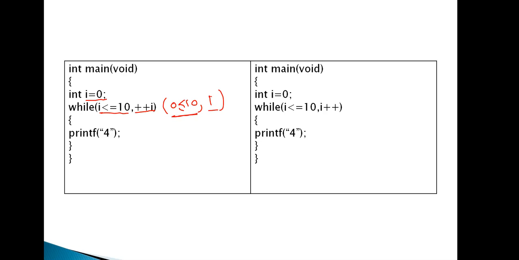But finally, whatever value is present before the parenthesis closes, that is stored. That means what happens? Simply while of 1. What is the while of 1? 1 means true. So 4 is printed on the screen. After completion of the loop, again we move into the loop. Next time, what is the i value? 1. 1 less than or equal to 10, plus plus i, that means 2. So simply while of 2, the value 4. Next while of 3, the value 4.